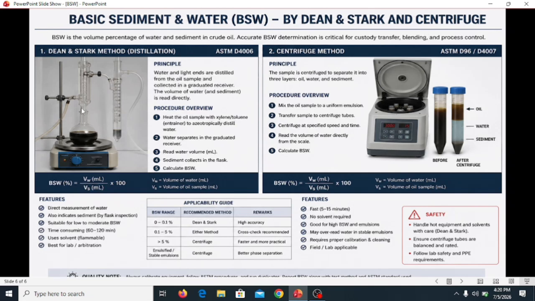We have our electrothermal heater, we have our condenser, and we have our bottom flask. We see our centrifuges, and see the sample of the crude oil. In my next video, I will explain how we do